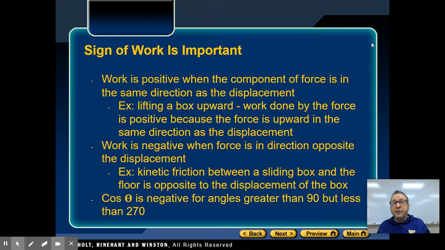It will be negative when the force is in the direction completely opposite of the displacement. Friction, okay? Kinetic friction. When we have a sliding box on the floor, the box is going to slide in one direction while the kinetic friction is acting 180 degrees opposite to that. So that's when it becomes negative. And just so you know, the cosine of theta will be negative for angles greater than 90 degrees but less than 270. So typically when we talk about this,